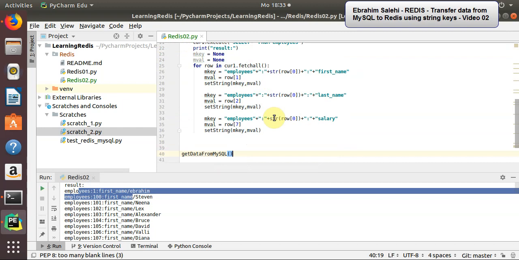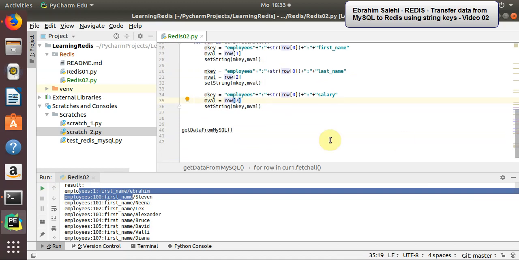But don't forget, for each of these fields, these columns, first name, last name, salary, we have 108 keys in the Redis. So